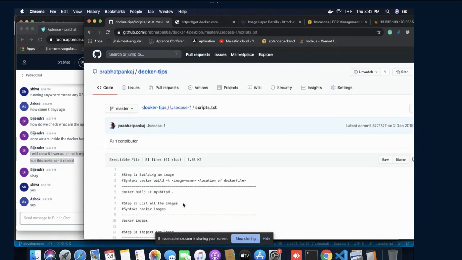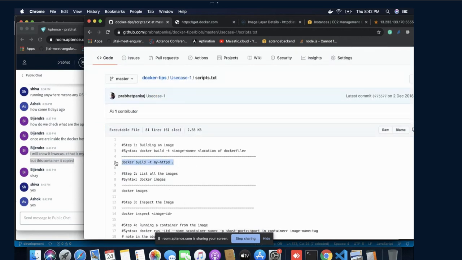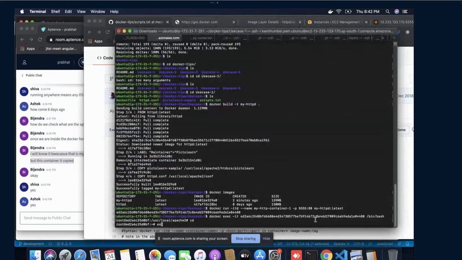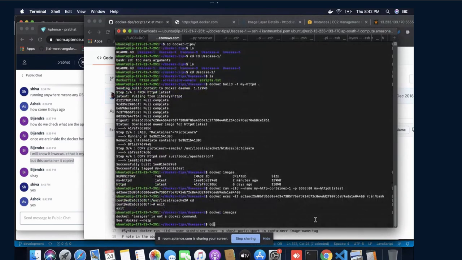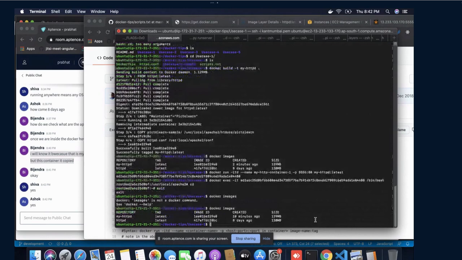In the script itself, all the steps have been written. So the first step, what we did, we simply performed this step. By using this step, I was able to create my Docker container. Let me exit from here. You can see it here. By using this command, I was able to create my Docker image. Okay, once the Docker image is created,